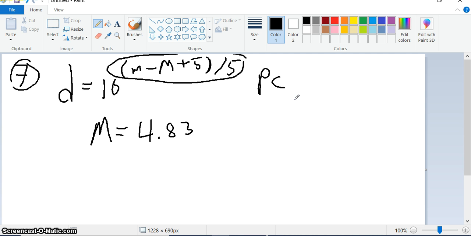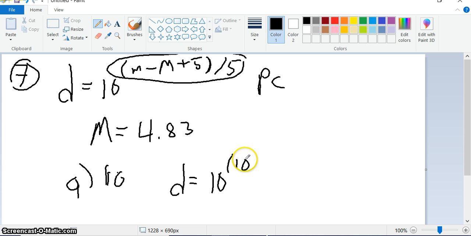All right, so the first one, part A. That's supposed to be an A, for a pair of binoculars. A really good pair of binoculars would see down to an apparent magnitude of about 10. That's supposed to be a 10. So the distance that you'd be able to see this would be, well, we just have to set it up. It would be 10 to the (10 minus 4.83 plus 5)